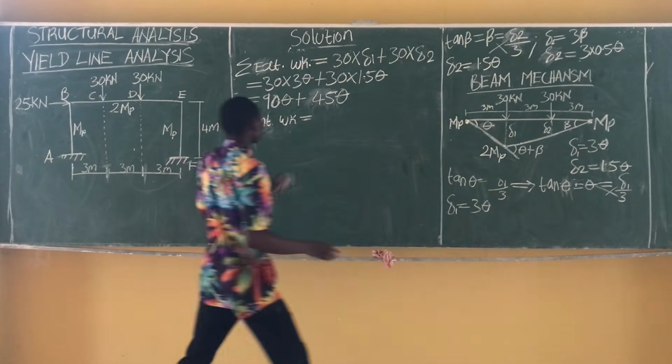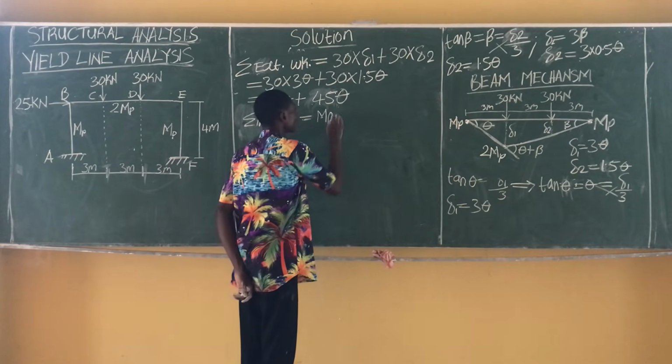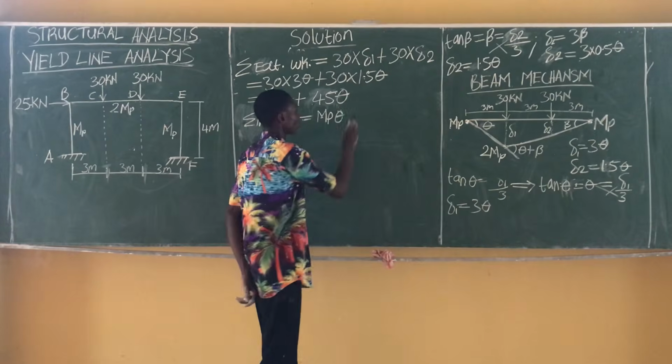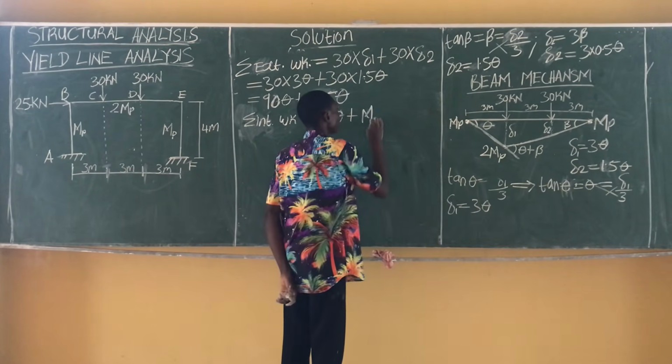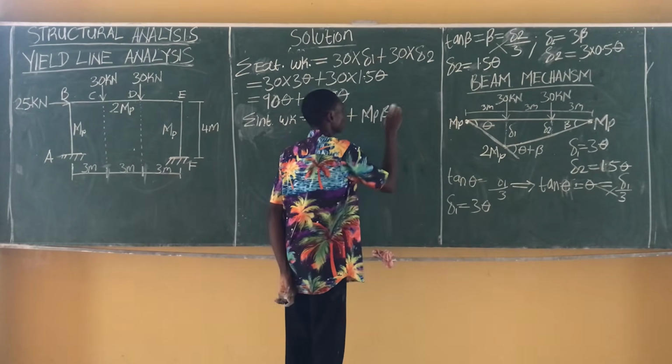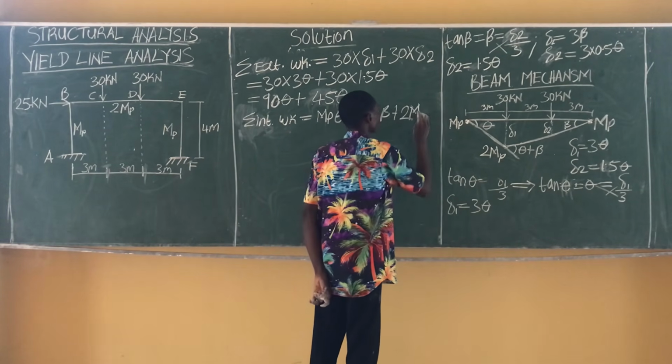So summation of internal work done is simply equal to MP times theta, plus MP beta, plus MP beta, plus 2 MP,